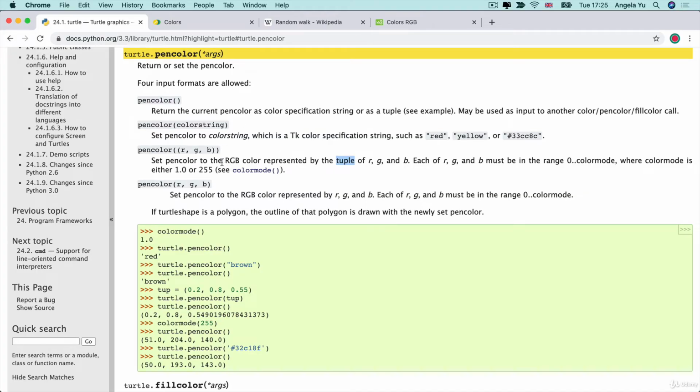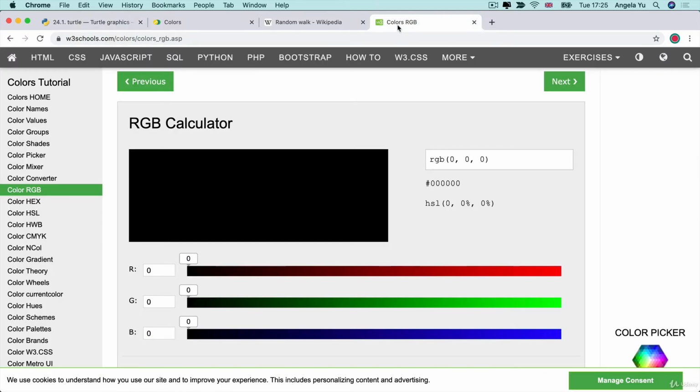Coming back to our documentation, the color is represented by a tuple, because if you define a color, you're unlikely to change it. And then we have R, G, and B, which is in the range between 0 and the color mode. So the mode can be between 0 and 1 or 0 and 255. In the course resources, I've linked to this really handy RGB calculator tool, which demonstrates how RGB colors work so